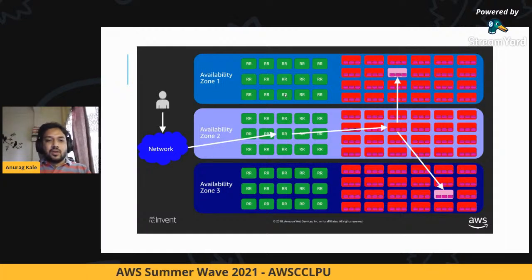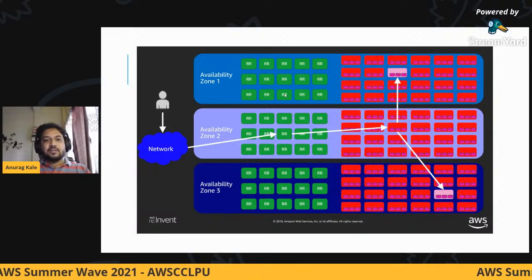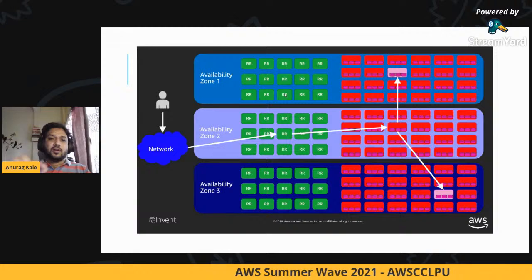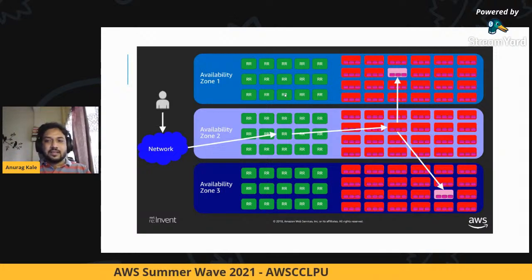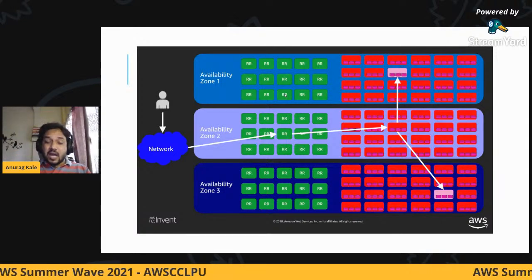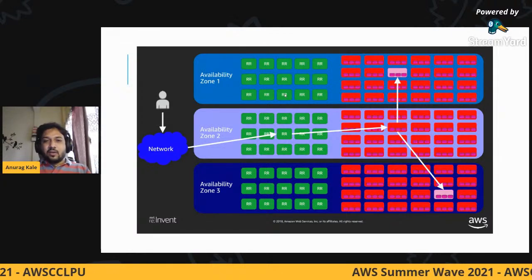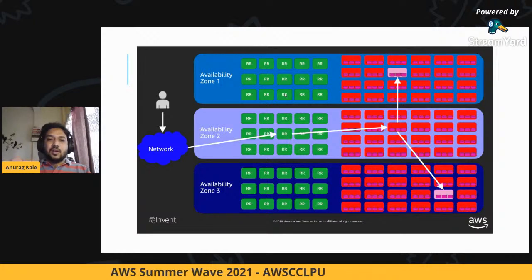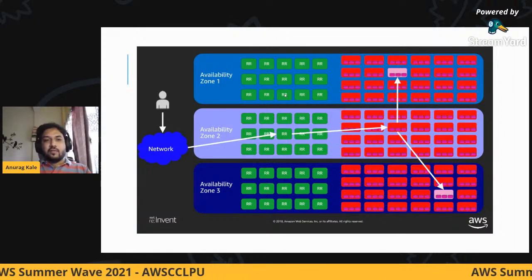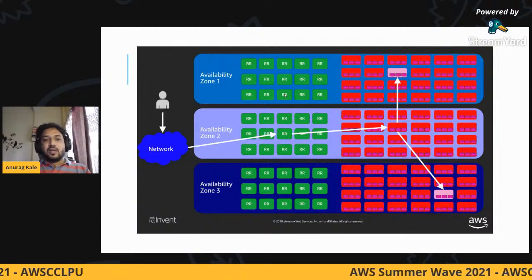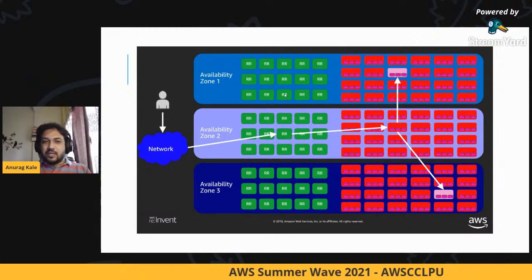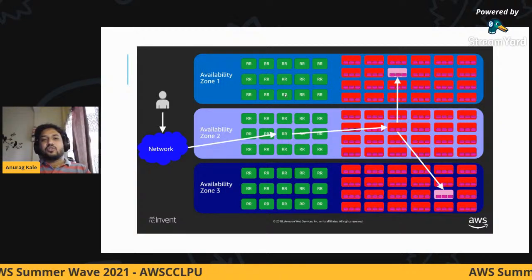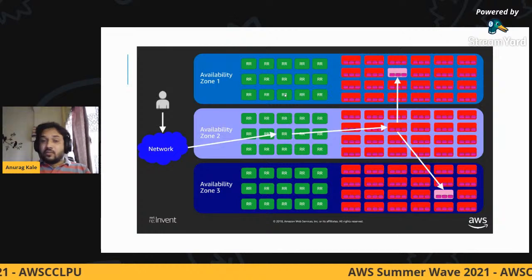So what DynamoDB does is it takes the identifier of your row, or what we generally call a primary key, and generates a hash of it. Now, depending on the hash of that particular value, it assigns a compute node and a storage node for your hash value. So every time you send the same primary key, it is going to generate the same hash value, and it will redirect to the right storage and compute node depending on the value of the hash.